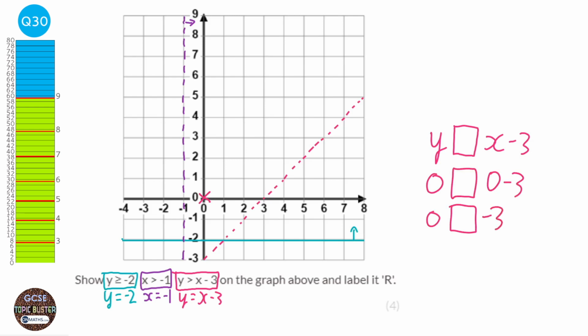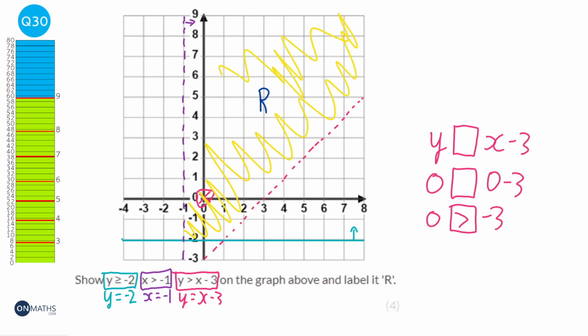So what is 0 compared to minus 3? Well, 0 is greater than minus 3, and therefore this coordinate is on the correct side, because if we look, we've got y is greater than x minus 3 is our region that we're looking for. So we're looking for that, that's good. And so our region will be anywhere in this bit here,